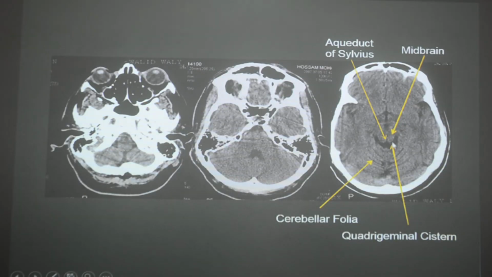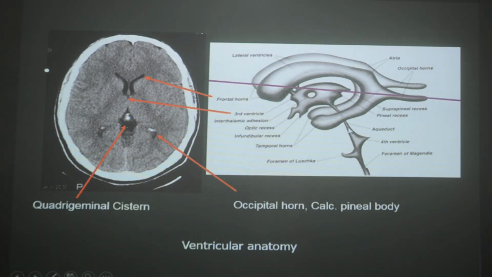Now, this is the quadrigeminal area. The CSF behind is a cistern, which is a CSF-containing area. We call it a cistern. So various CSF-containing areas in the brain are sometimes labeled according to the area that they belong to. Like this is in relation to the quadrigeminal plate, so it is called the quadrigeminal cistern. There are a few other cisterns like the ambient cistern, the suprasellar cistern. So there are different cisterns where you have CSF, and they are labeled according to the adjacent structures where they are located. Now you know this from your anatomy. What is this? Skull. These are the ventricular